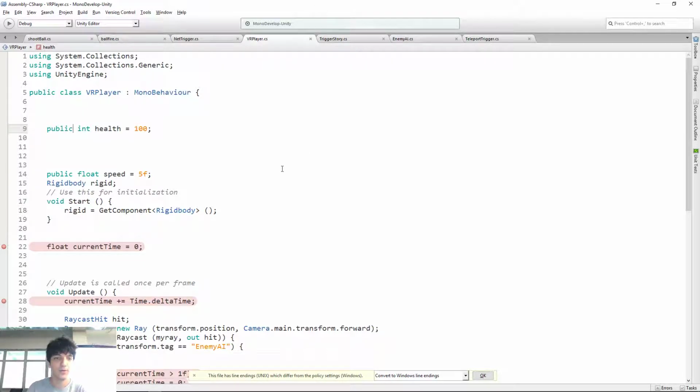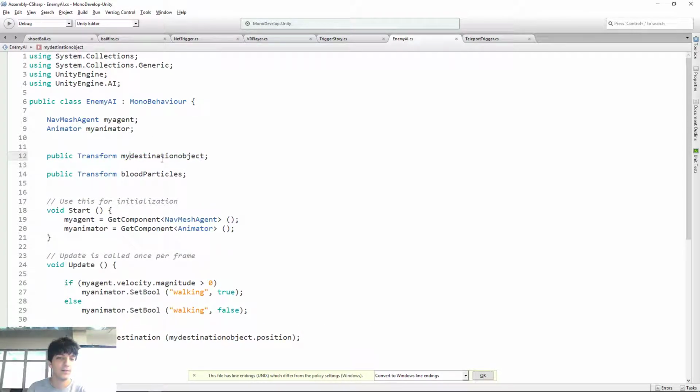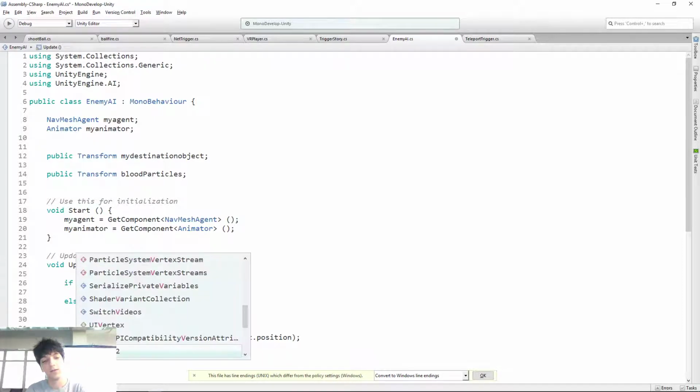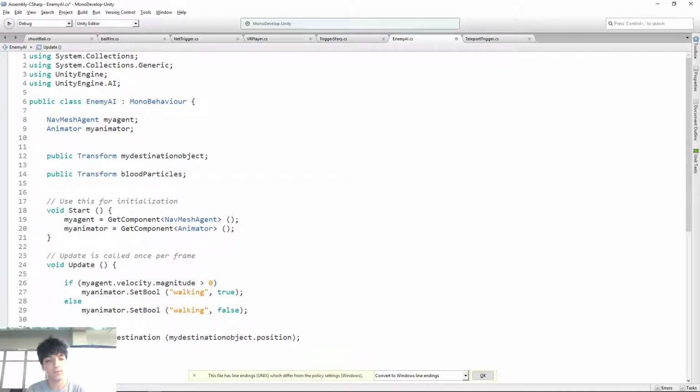So we got public int health here, and we got our enemy AI. Here's how you do it. On update, right after this set destination, it doesn't matter, it could be before too, but let's just do it after. We're going to check: if, and then in here you're going to say Vector3 dot